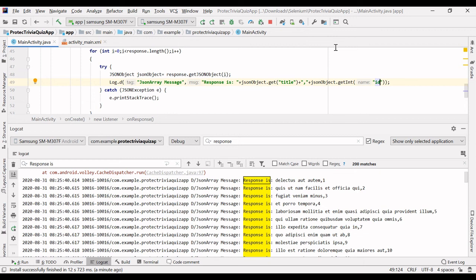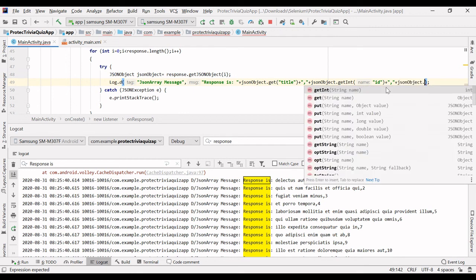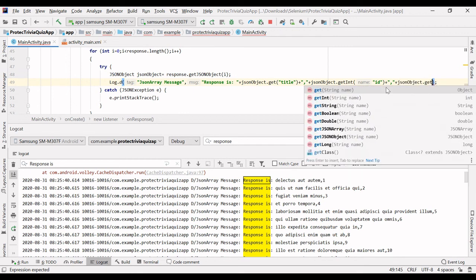So what you will do guys, you have to provide it like this, separated by comma, and then json object dot get. This is the method that you can use. You can use this as well. So it's up to you which you want to use, up to your requirement.